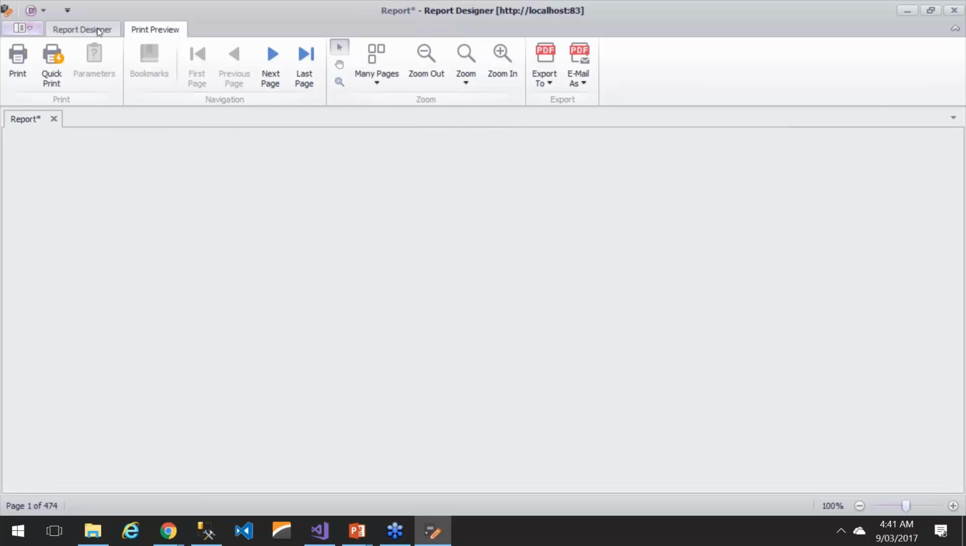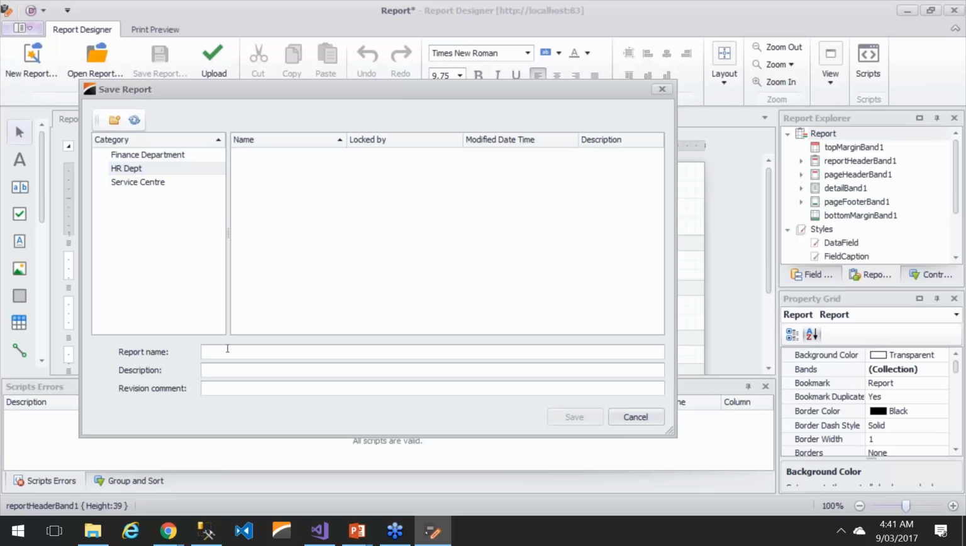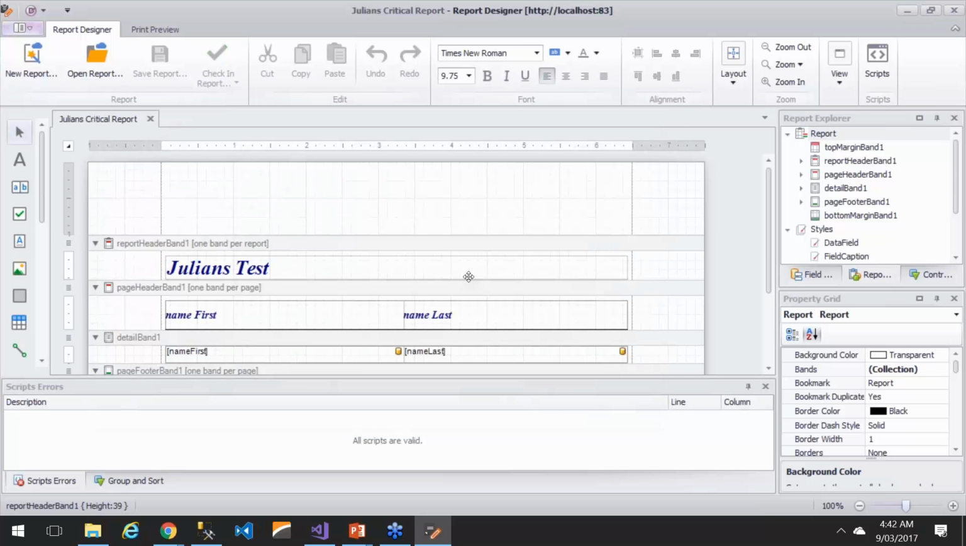At this point, I'm ready to actually save the report into the report server. So I'm going to choose the upload. I'm going to put it into the HR department, and I'm going to say this is Julian's critical report. Description allows you just to enter what you want, and there's also revision comments. Now, every time a report is modified, it goes through version control, which means that the last time I edited this report, I can go back to that, or I can decide which of the versions is going to be live. So here I could say added new fields, and hit save,